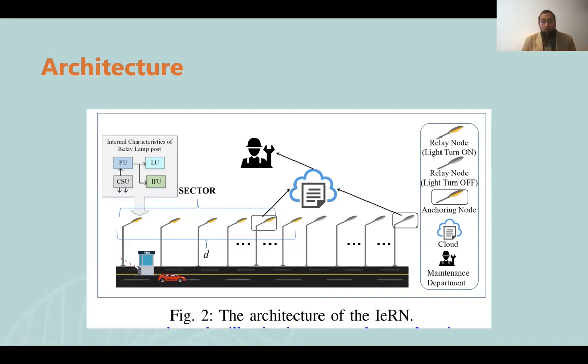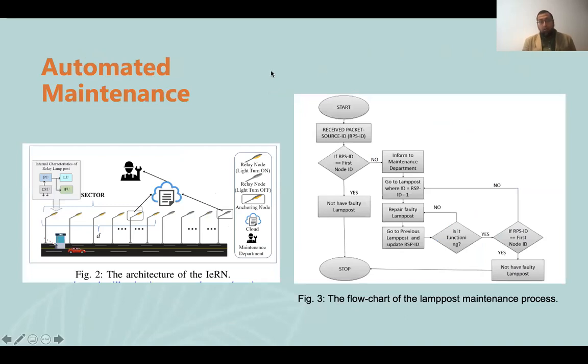Using IoT, we attach our component to the lamppost system. There might be a chance that a lamppost is not working, and definitely we cannot go for a manual way to identify that. We can do it with an automated maintenance system, using a simple algorithm. For example, once we transmit the packet to turn on the lights, if there is no malfunction,